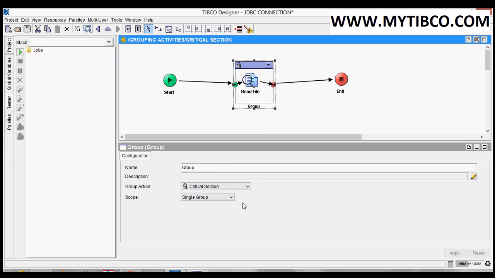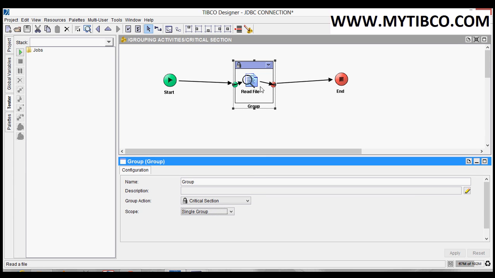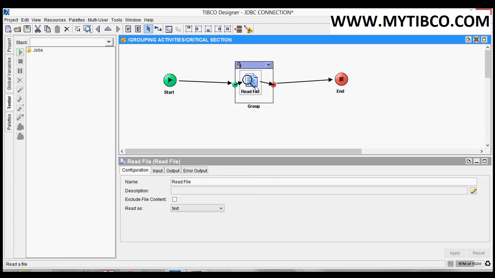Here we have the scope, which is single group or multiple groups. For example, here we are reading file 123 in this group. There is also another group which is trying to read the same file, and jobs are also being created for that group, and jobs are also being created for this group.